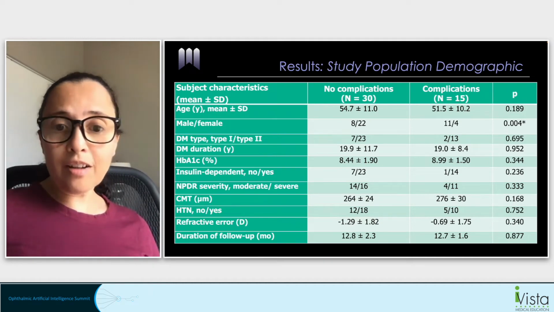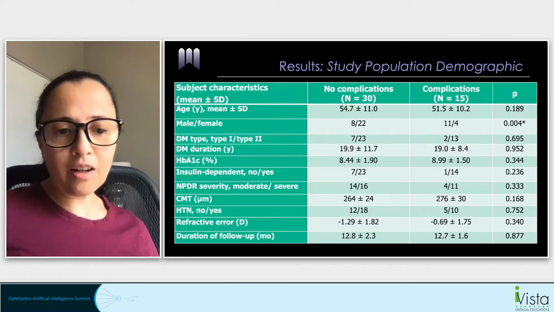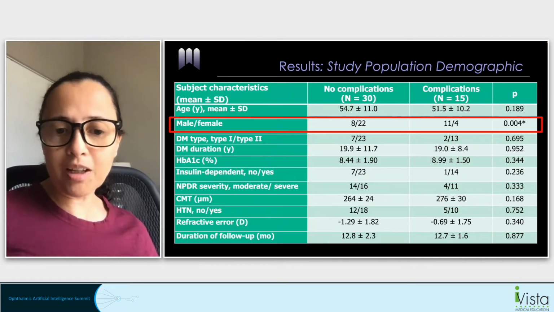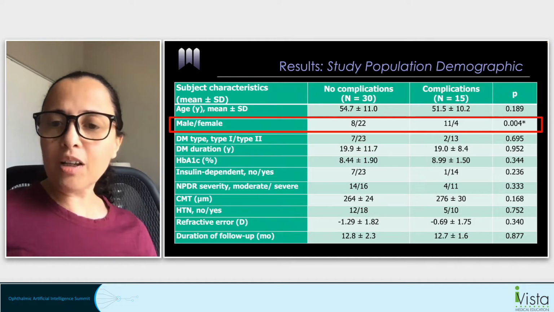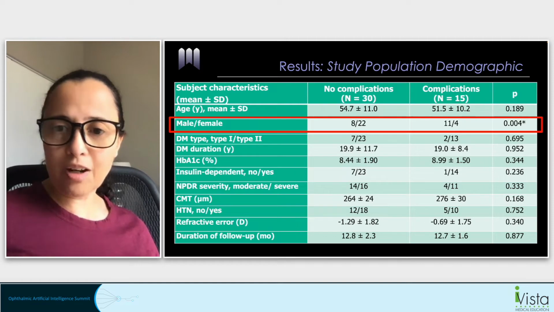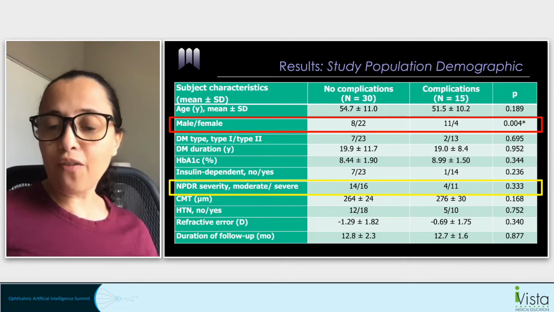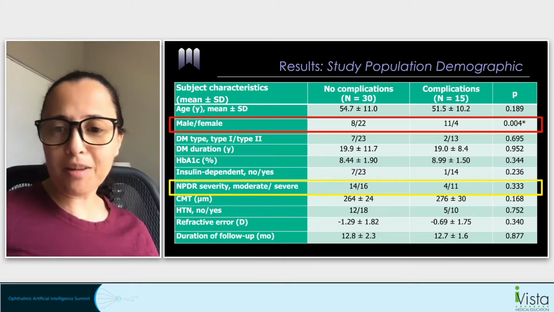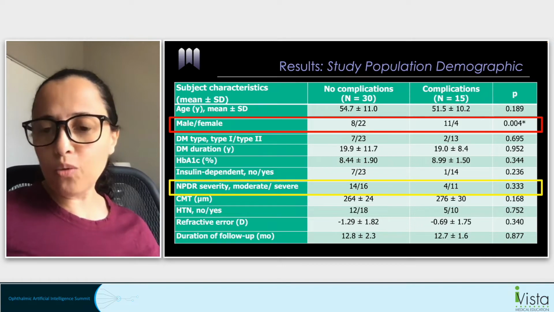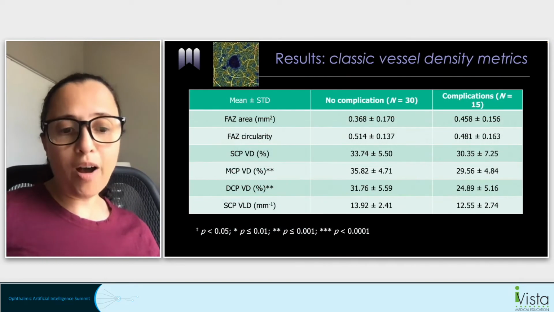We wanted to look at the demographics of our populations and make sure there aren't any inherent differences between the populations that developed complications. Interestingly, the only significant difference was male gender. So males were more likely to progress to complications. And even more interestingly, the severity of baseline retinopathy wasn't really different. So whether you had moderate or severe wouldn't totally predict progression,